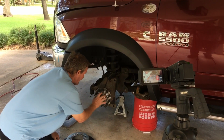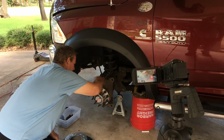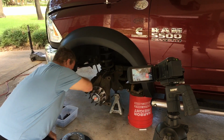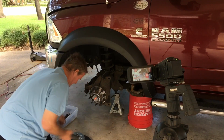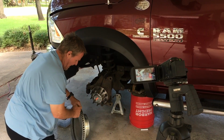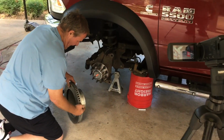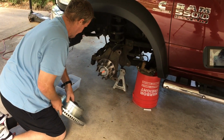And then on top of that, because of the round spacers, you get air moving through all of the time, constantly keeping this cool, just like a rotor's vented for that sole purpose. It's the exact same concept and idea. So